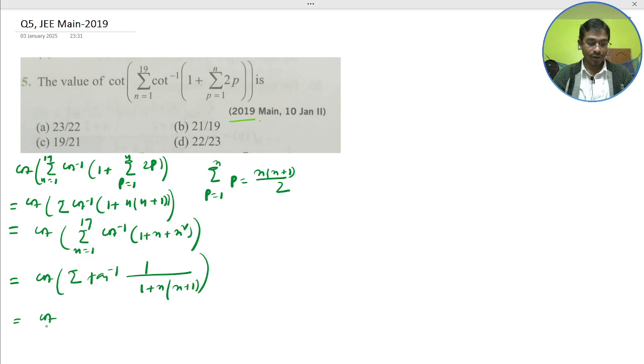So here the cot summation tan inverse, I just write n plus 1 minus n, that would be 1, and the 1 plus n into n plus 1